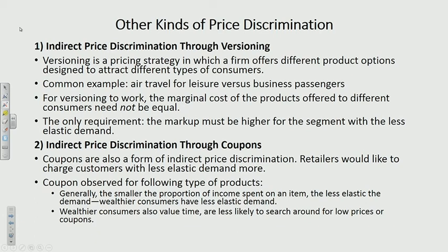Okay, couponing, coupons. Another one. Okay, so let's try to understand what coupons do. So coupons are also a form of price discrimination. Retailers would like to charge customers with a less elastic demand curve more. Is this true? Who uses coupons, by the way? Budget